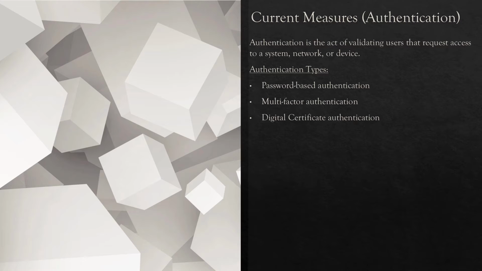The second is multi-factor authentication, which requires that a user provide at least 2 pieces of evidence to prove their identity. This is usually a combination of something you know, something that you have, or something that you are. Something that you know could be a code, PIN, or password. Something that you have could be a bracelet, ID, key fob, mobile device, or token. And something that you are could be a fingerprint, retina pattern, voice, or face.